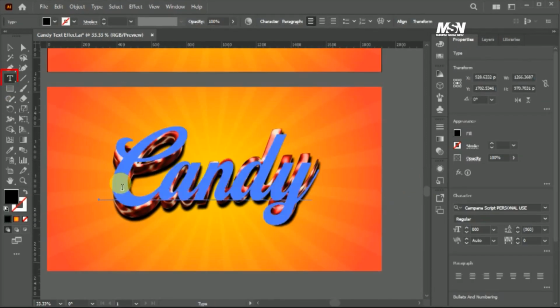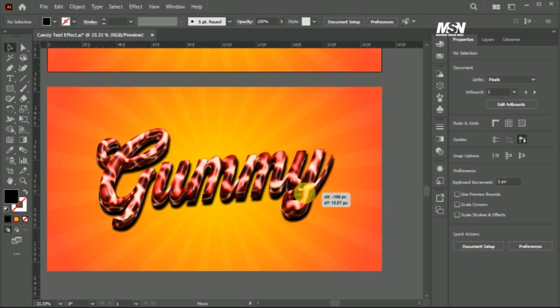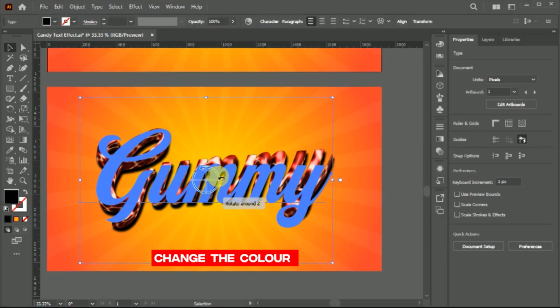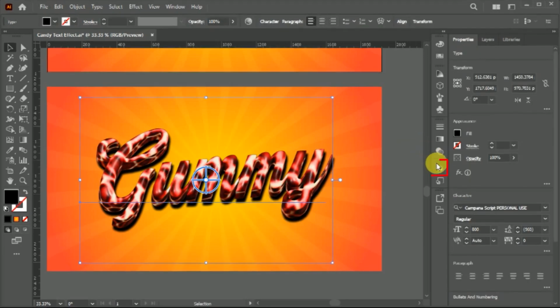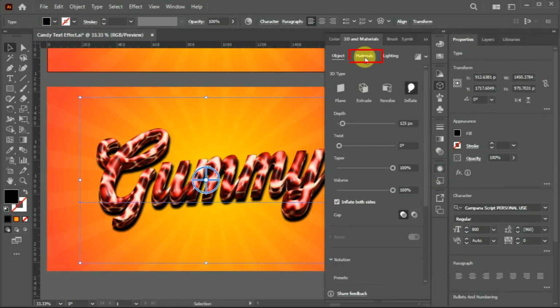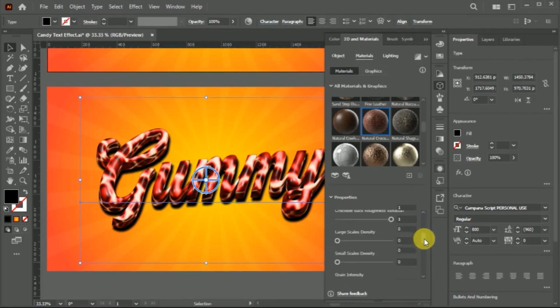Go to the text tool and simply type G. You can see that our whole text is editable, like shadow, text color, text inflate, or text design. Now I will show you how to change the color of this text. Just open the appearance panel, double-click on 3D and materials, choose materials, drag the slider, and simply change the hue